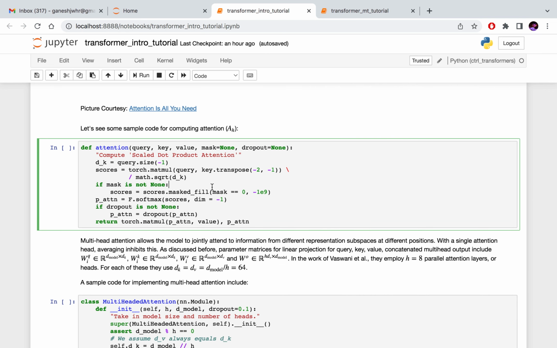So first let's start by looking at some sample code for computing attention for a single head case. We have query, key and value. We start by doing the matrix multiplication of query with key, and we get the raw scores. These are the alignment scores, and we typically want to check if we have any mask. This happens when we are doing the self-attention score computation on the decoder side, right? When we don't want the self-attention logic to process tokens in the future. We are only going to work with the current tokens and the tokens in the past, to maintain that